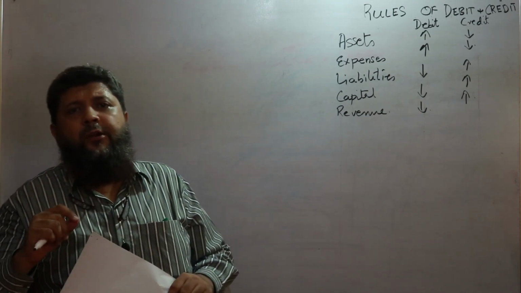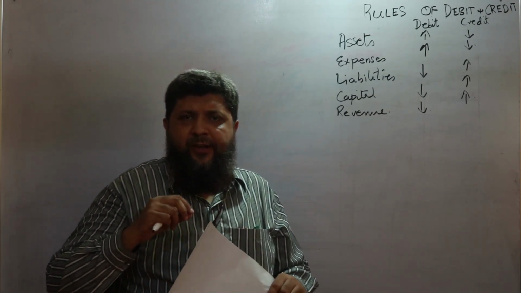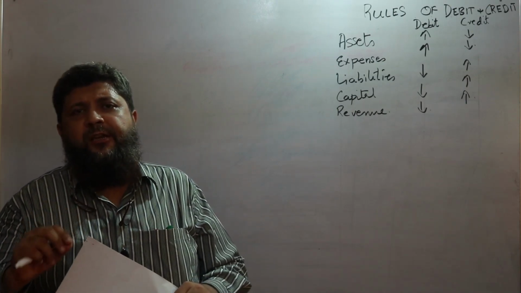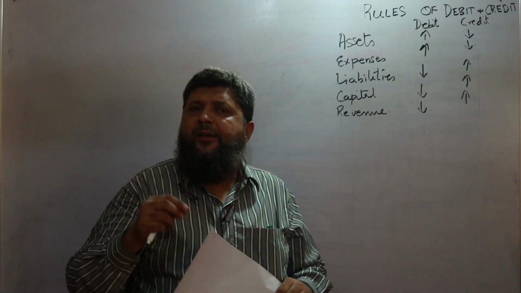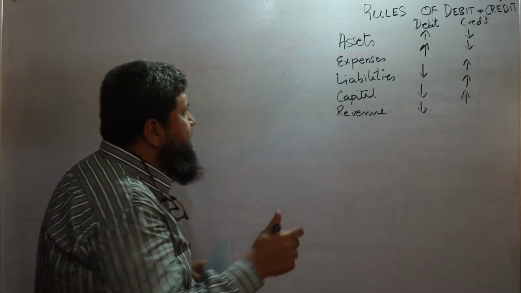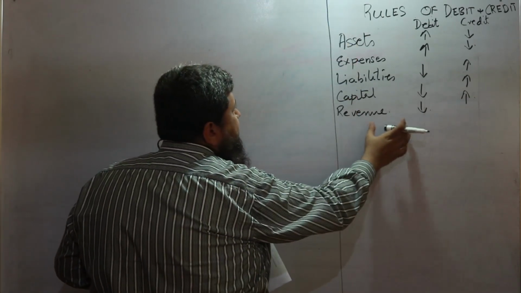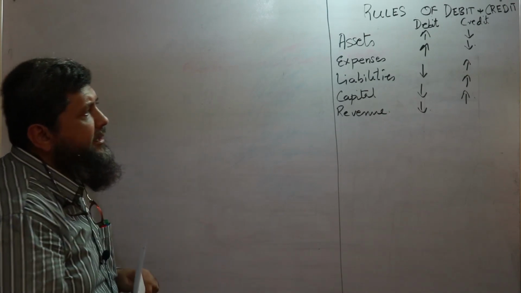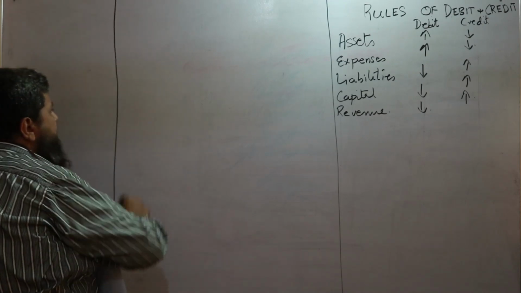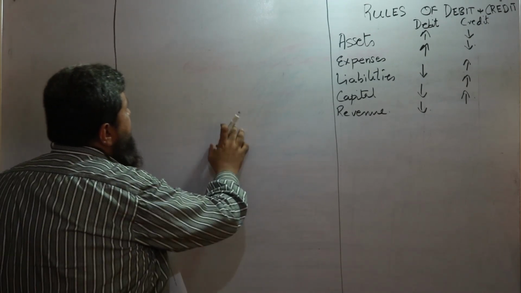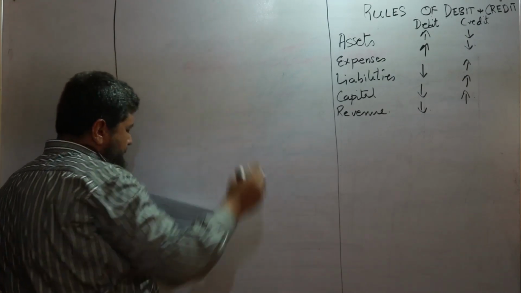Now how are we going to do this? General ledger is a book in which the transactions, the English language narrations, are converted into accounting language, and they are recorded in a book called general ledger. This is the set of rules of debit and credit which we are going to refer to again and again. And this page, you see, I refer to this page as general ledger. General ledger, question number 3.